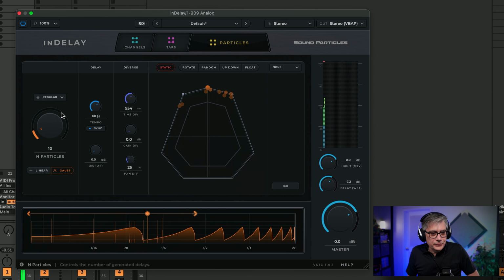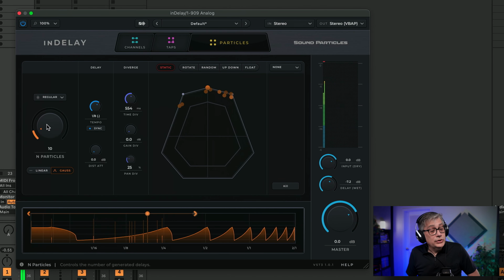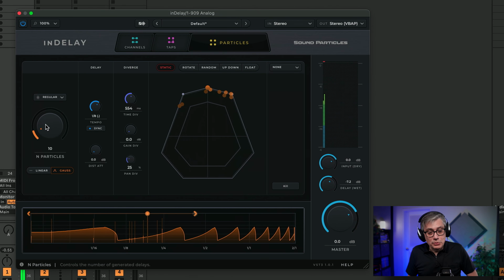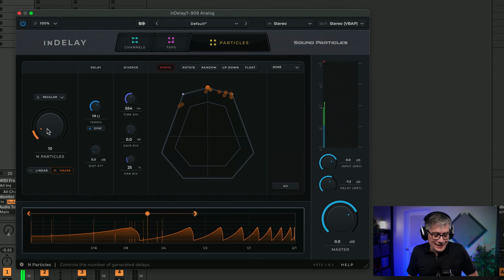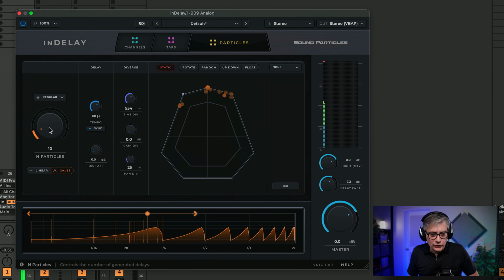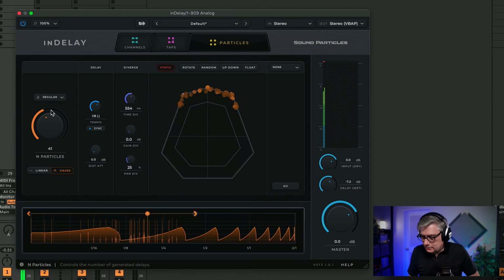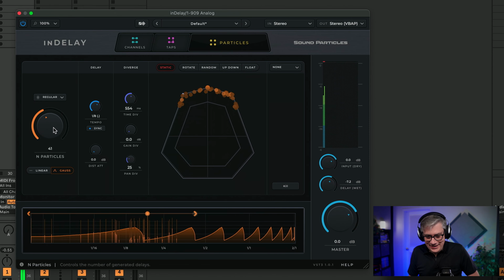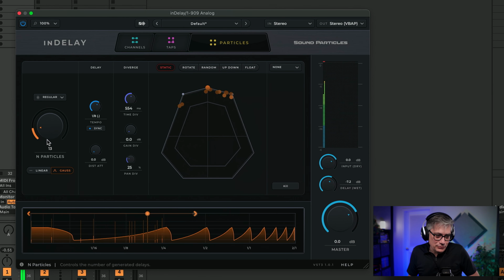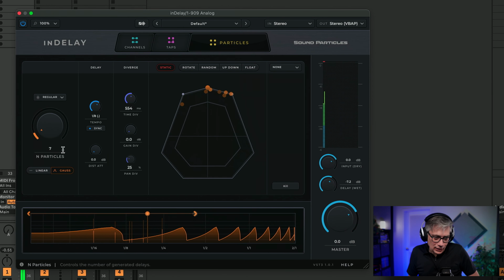Now, you can select the number of particles that you want to have. So in this particular case, I have 10, and that's already pretty crazy. So if I increase that, it gets out of hand very, very quickly. So usually if you're working with that, you probably are at the low end.